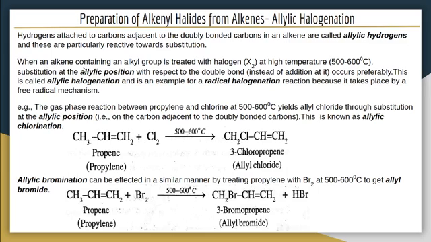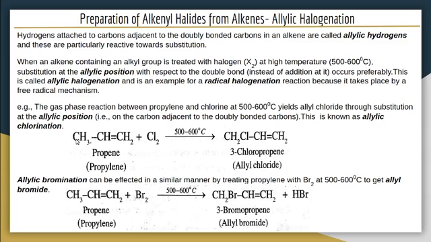When an alkene containing an alkyl group is treated with halogen at high temperature, 500 to 600 degrees Celsius, substitution at the allylic position with respect to the double bond occurs preferentially, instead of addition at the double bond. This is called allylic halogenation and is an example of a radical halogenation reaction, because it takes place by a free radical mechanism. So when we treat an alkene like propene with a halogen at 500 to 600 degrees Celsius, a hydrogen atom is replaced by a halogen atom